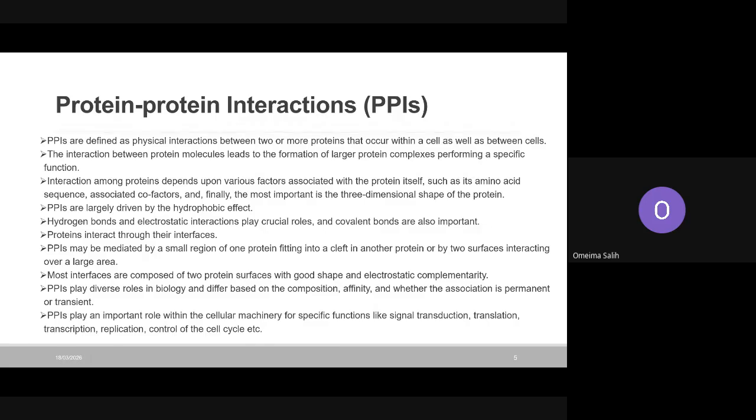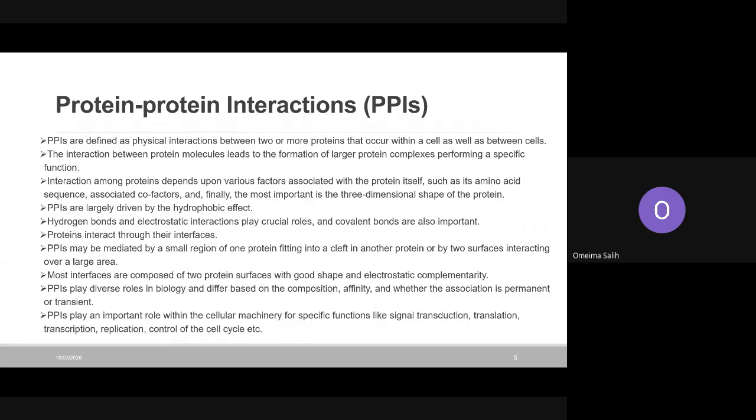We are going to dive more into these types, but there are two main types that depend on the binding affinity of these proteins together, and this is permanent or transient interaction. We are going to define these terminologies as we go on into this session, and we have more types of these protein interactions depending on different other